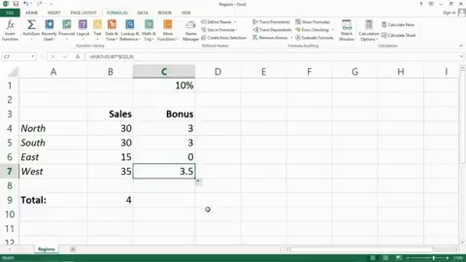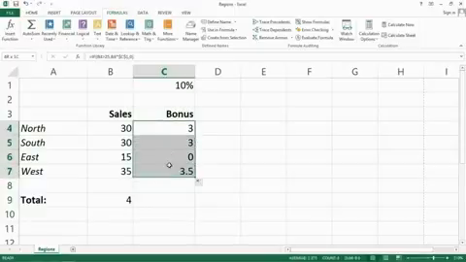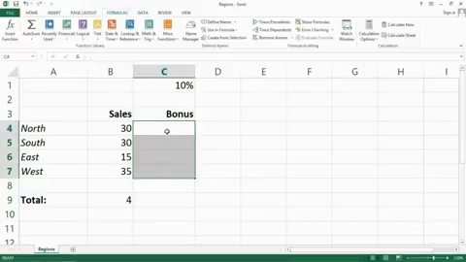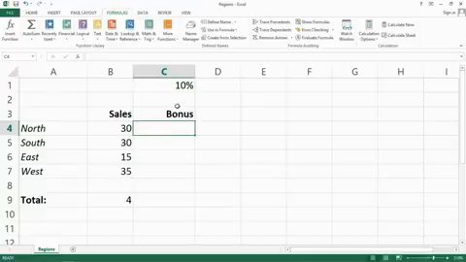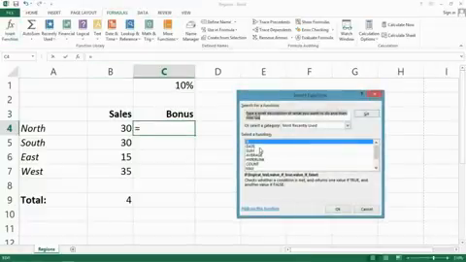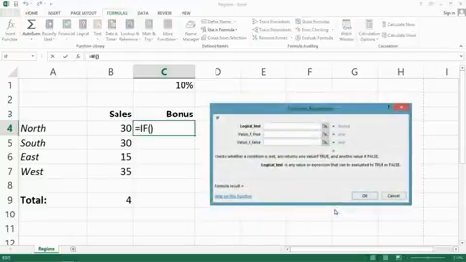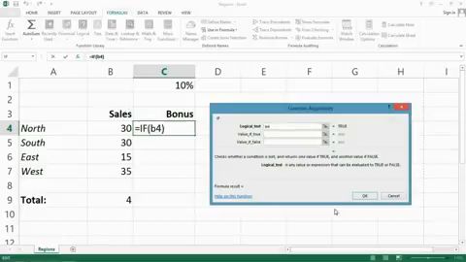So we'll just do all that again, and this time we'll be aware of the absolute reference. So I'll just delete my contents here, go back to my cell C4, and we'll do the if function again, bearing in mind that C1, our bonus, is an absolute reference. So we'll go insert function. I want an if function again, so I go OK. So if B4, because that's the value for north, if that is greater than 25,